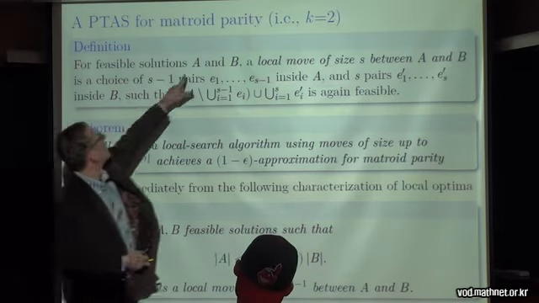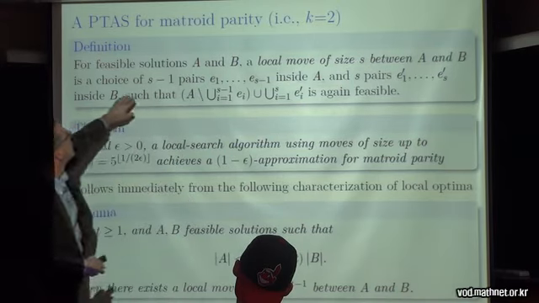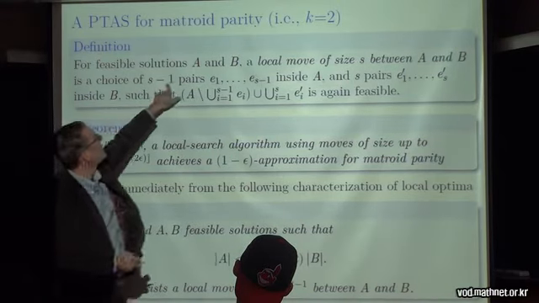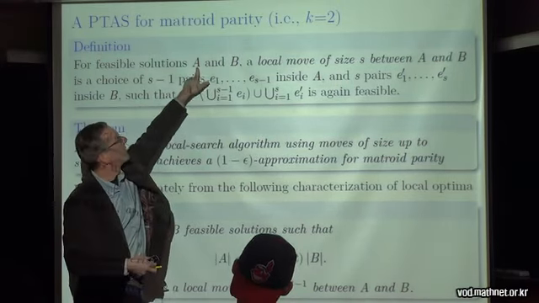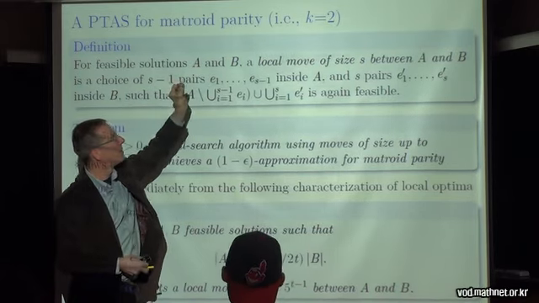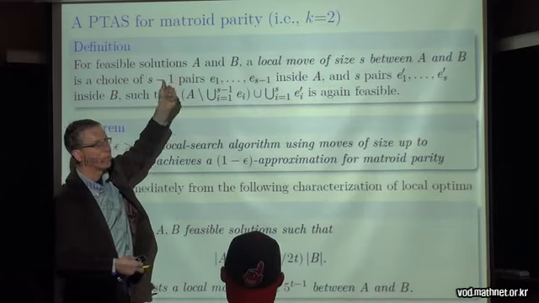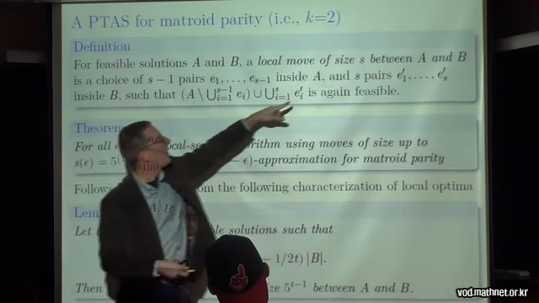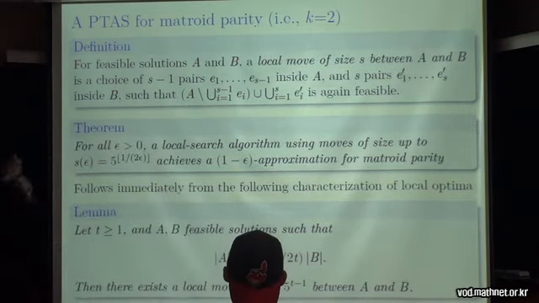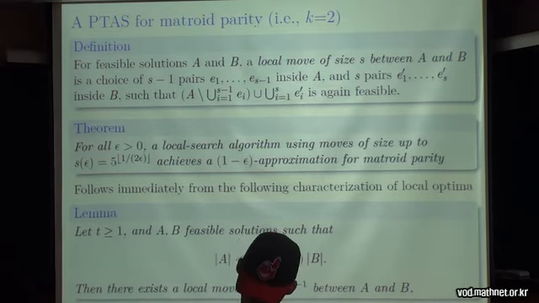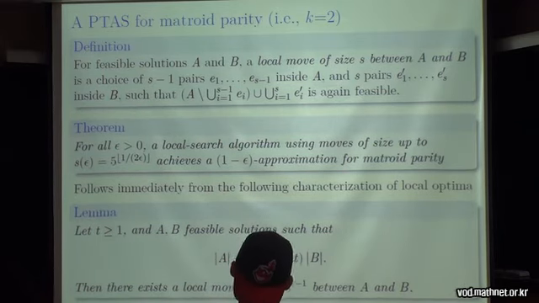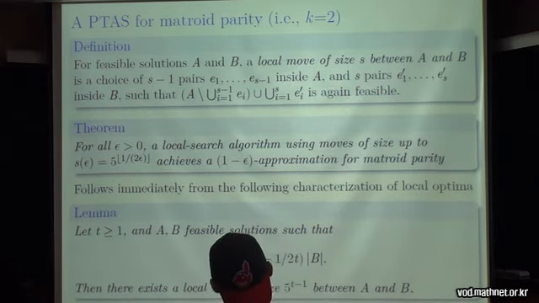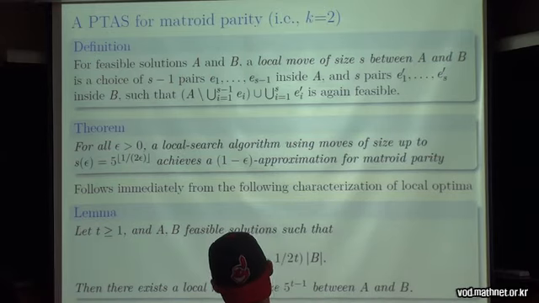So I have two sets, and a local move means taking S minus 1 pairs that are in A, pairs of elements that are paired together in the sense I talked about before, and S pairs within B, and I swap them like that. So I move whole pairs. In a way, it's the simplest local search that you could think of. But you should only do a swap like this if